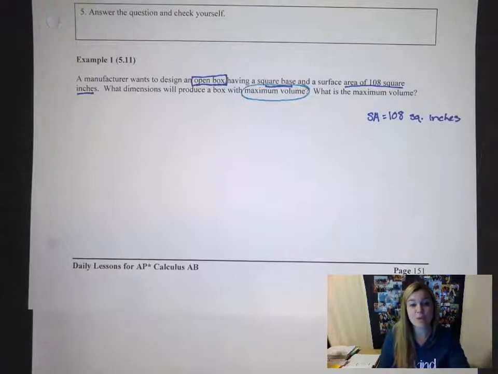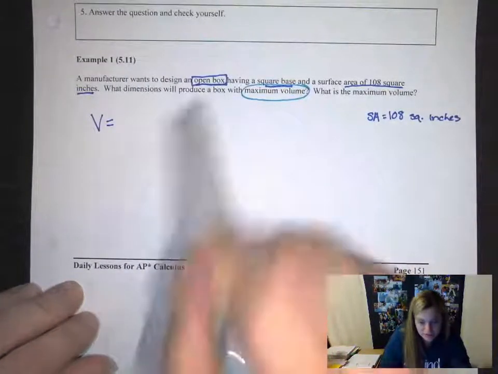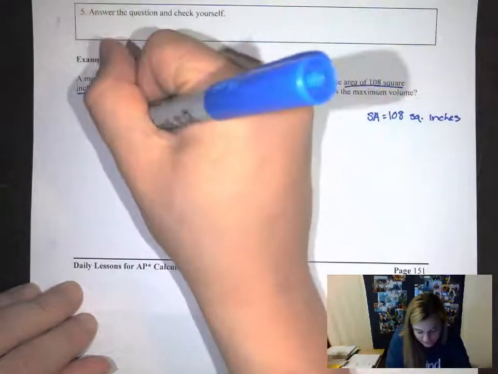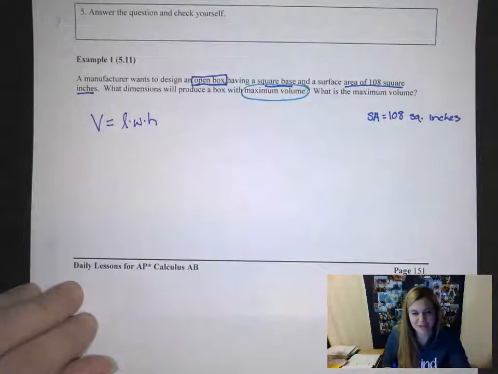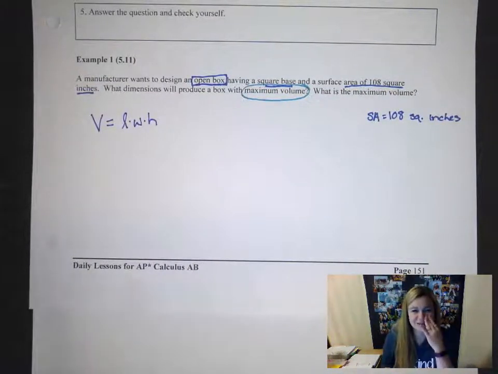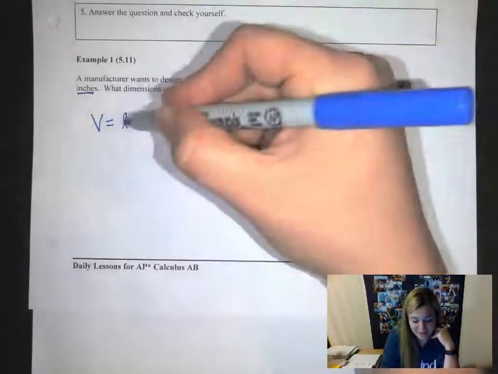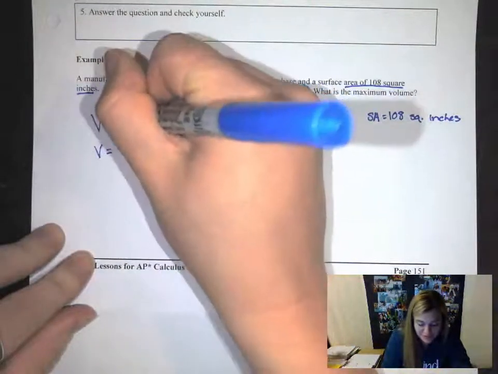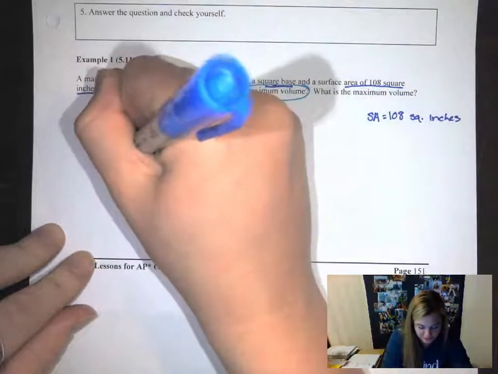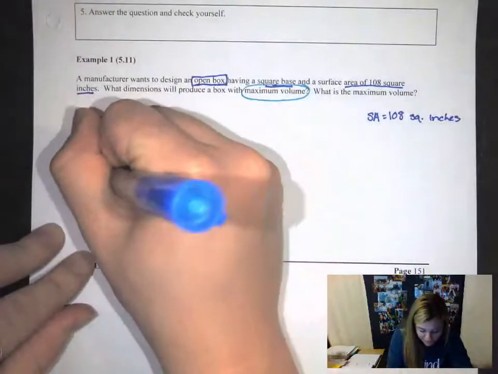Okay, because I know I want to take the derivative of volume, I have to think of what that equation is. So we were talking about an open box. Just an open box, I'm going to say is length times width times height. But in this particular problem, it says it has a square base. So instead of length times width times height, two of these measurements are going to be exactly the same. I'm going to get rid of this L because I don't like writing L's in equations. And now I have W times W times H. If I simplify that a little bit,